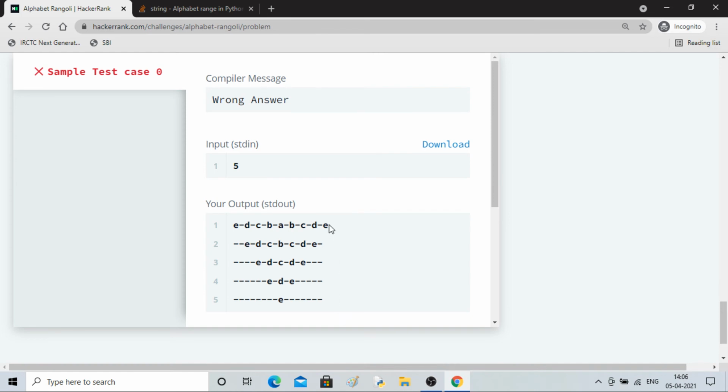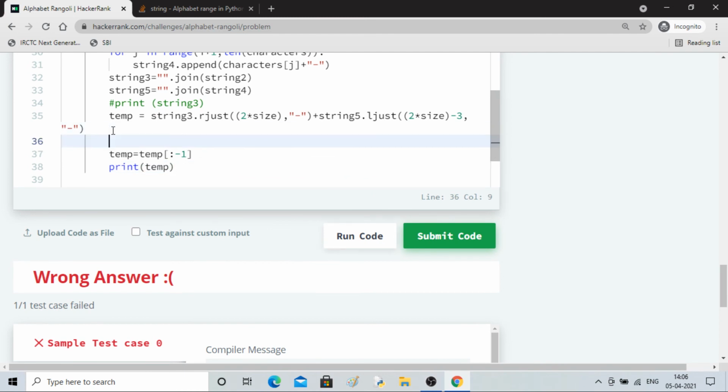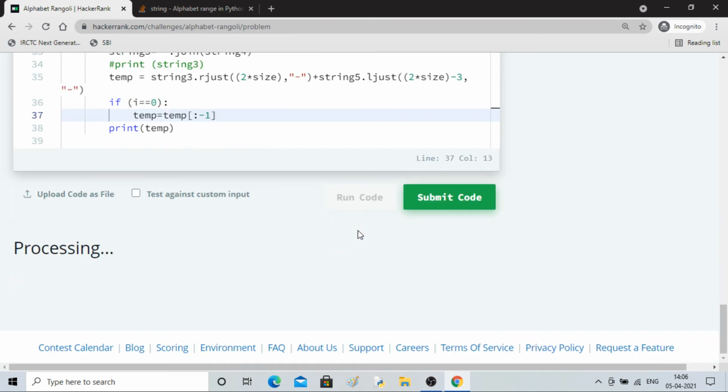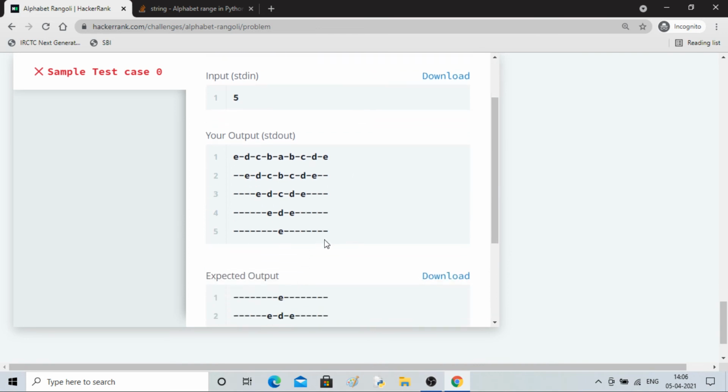Oh, okay, so it has removed, but it has removed for others as well. So we just have to remove for first guy, right? So I'll put an if condition: if my I is 0, then only it will do this, else it will not do this. It will print only temp. Yeah, so now we have got the bottom part.